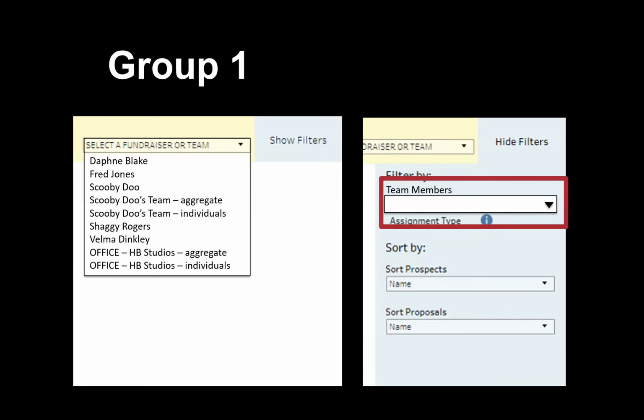And we also wanted to give people the option to filter out certain team members so they could see a region or a subset of their team. What we learned during the first round of testing was that nothing worked. People missed the filters. They didn't quite get having to go back and forth to that drop down to switch between aggregate and individuals. And they completely missed that team member filter.